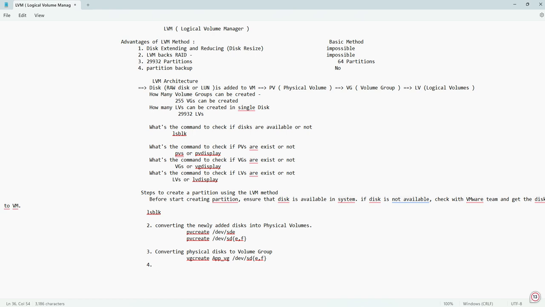Then from the volume group, we can create logical partitions. So logical partitions are created from the volume group. What is the command to create a logical partition? lvcreate -L